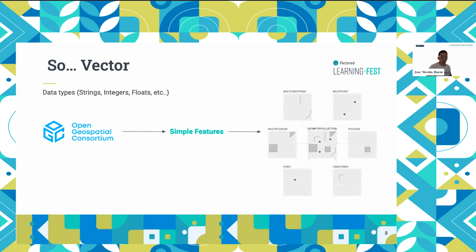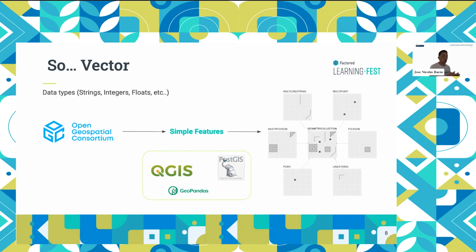And they have around 20 types, but the ones that I am showing you here are the main ones. So we have point, line string, and polygon, and their respective multi-versions, because you can have multiple polygons at the same time with the same values, multiple line strings. These are the main ones that you will bump into in most of your applications. Of course, maybe you will find some other weird ones, but I think these cover 90% of the world.